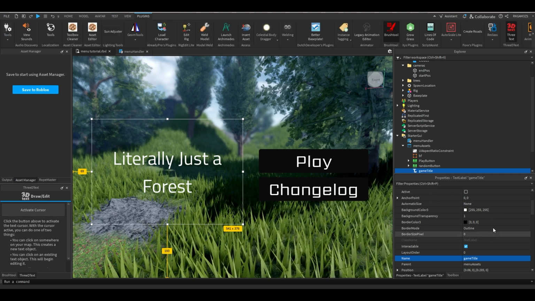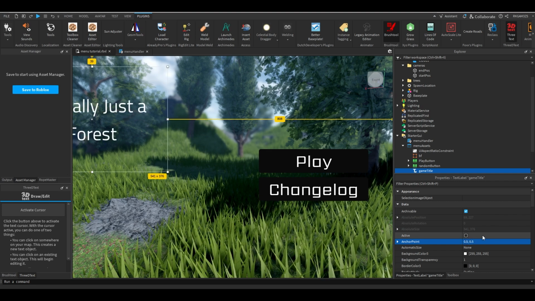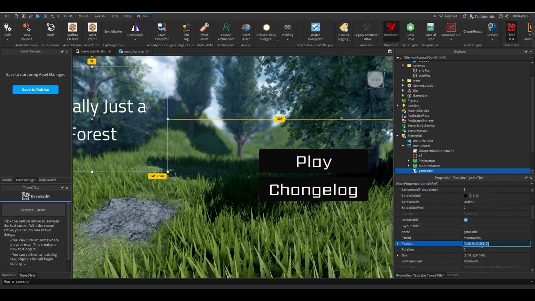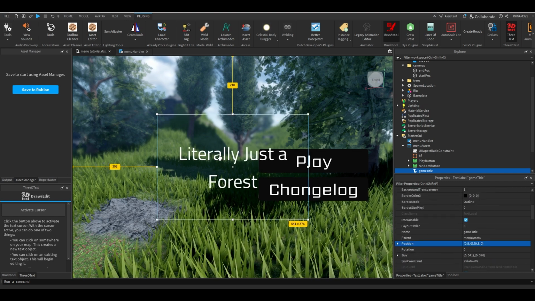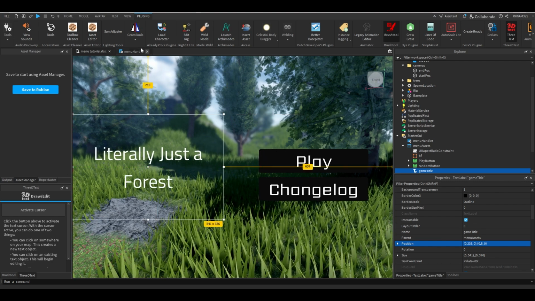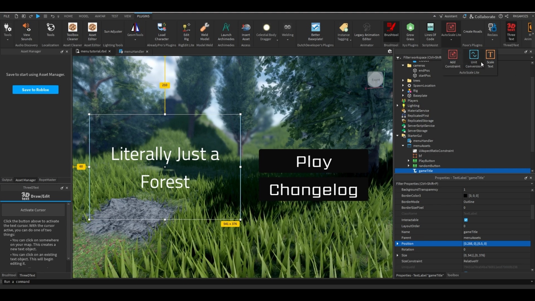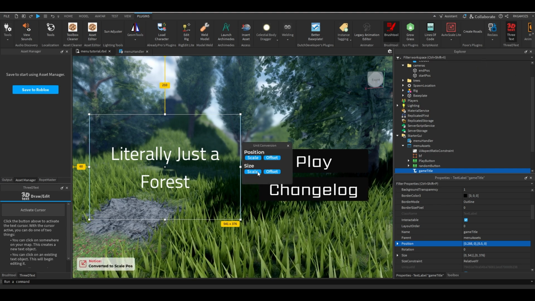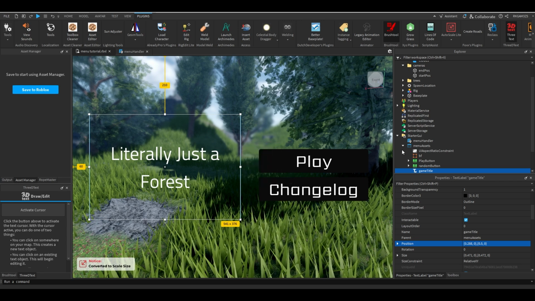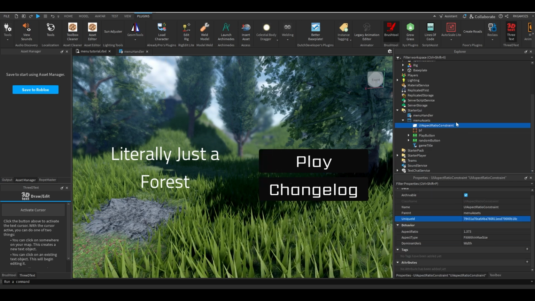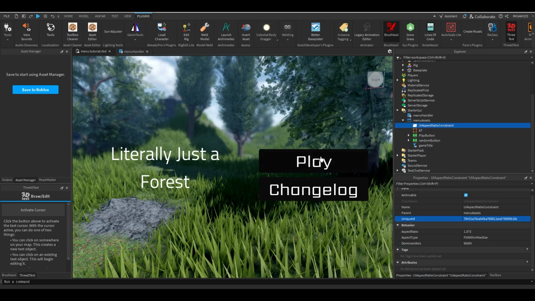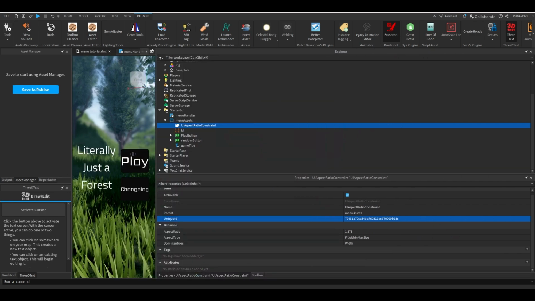And I'm gonna do the same thing I did. I'm gonna set anchor point 0.5 by 0.5. I'm gonna do position to 0.5 by 0.5. And then I am gonna use that little fancy plugin to change scale for position and size. And since we already have a constraint, we don't have to add another one. Everything will now scale